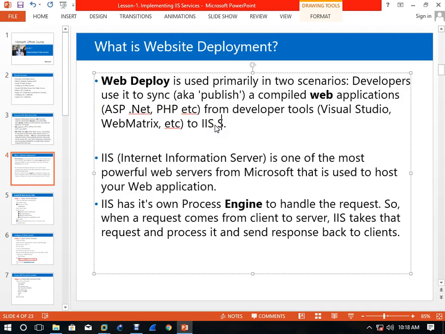So it's a combination of, yes, the IIS service is a combination of HTTP and HTML, the two services running for this.